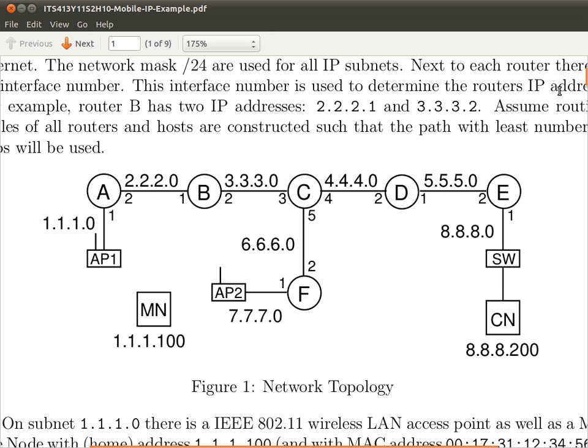Someone asked a question before. What was your question? What if a local node in AP2 sends a packet to the mobile node? So the question: what if another node associated with access point 2 sends a packet to the mobile node? That is a node with address